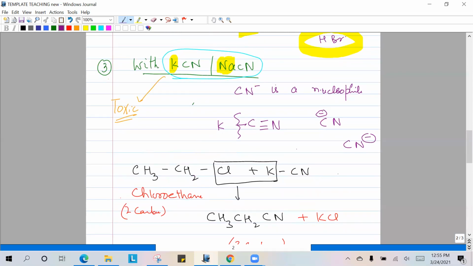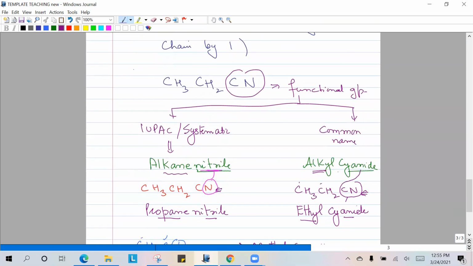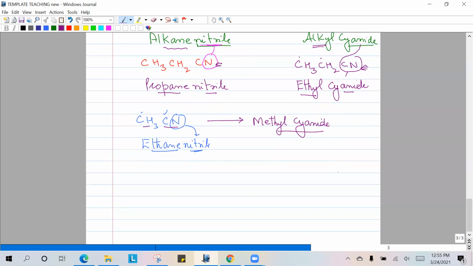The important thing is you are dealing with something which is toxic, so you need to be careful with this. That's the first thing. The second thing is this reaction is important because it helps in increasing the number of carbon atoms by 1. The chain is increased by 1. And then you know the naming, how to name it. That's the only thing. Then the next reaction is